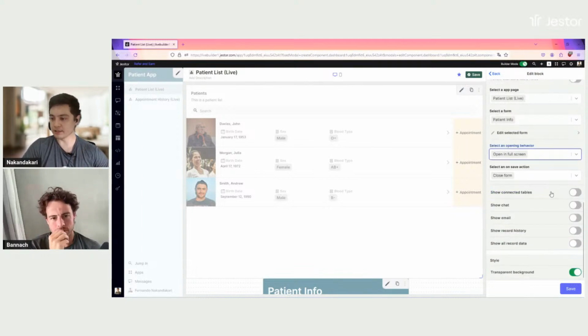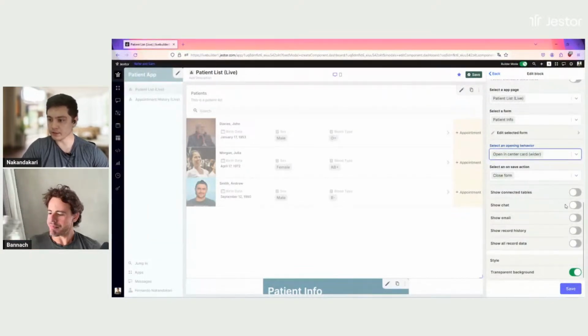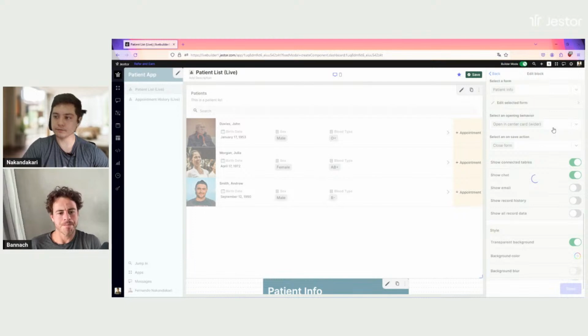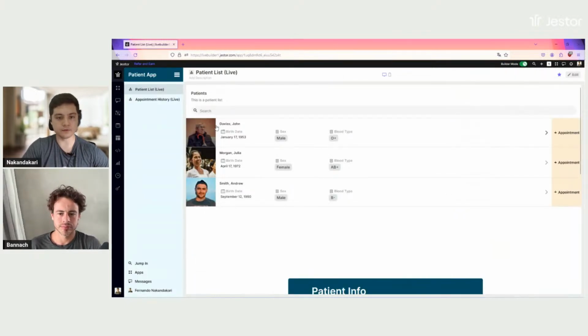And then we can also select things that are going to appear on the window itself as well. So instead of open full screen, I'm going to open in center card wider, and then I'm going to be able to show chat and connected tables. So I'm going to save. So now if you click on John,